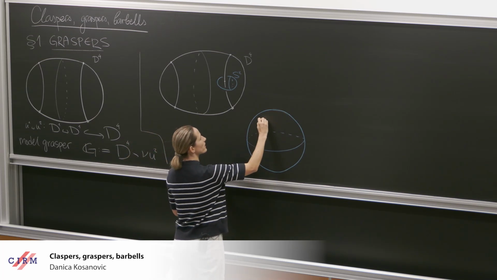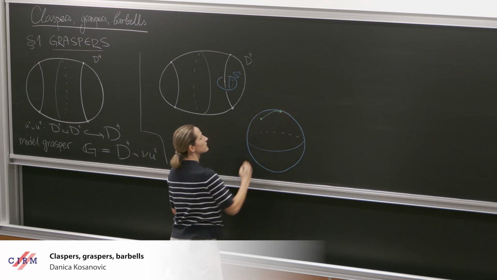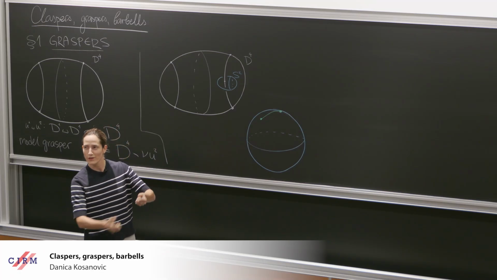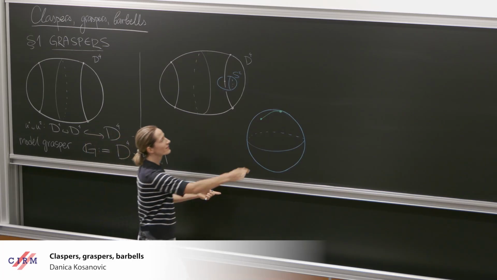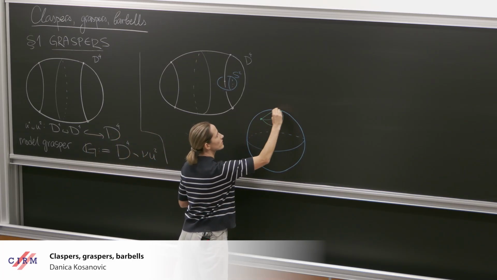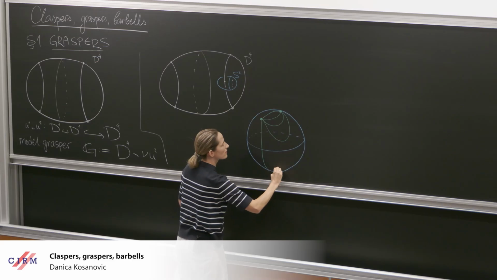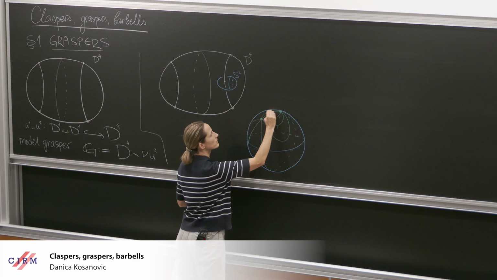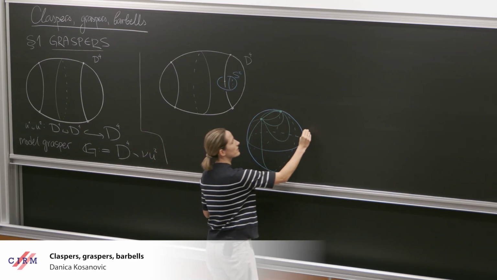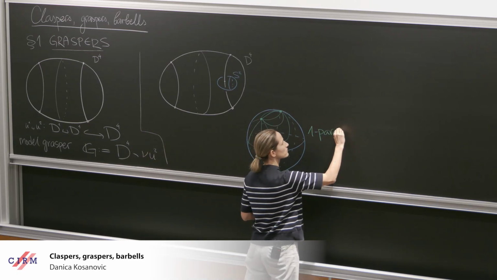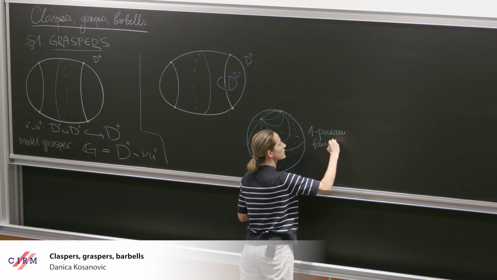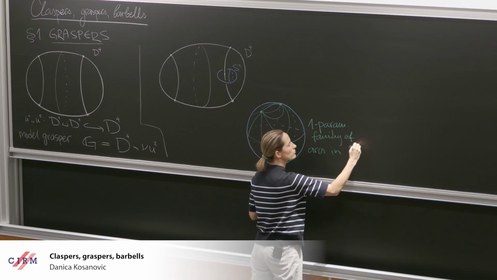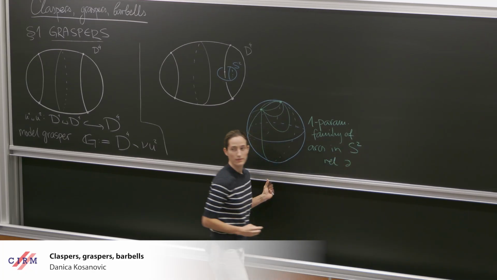where I'll fix one arc here. And now just think of it as very elastic. You can just move it, twirl it around the sphere, so it gets longer and longer. It stretches like this, and it covers the whole sphere and comes back. OK? So this here is a 1-parameter family of arcs with fixed endpoints, so of arcs in S2, rel their endpoints.